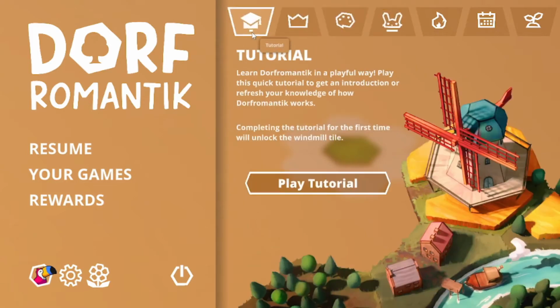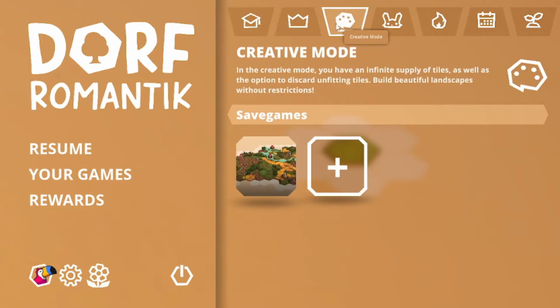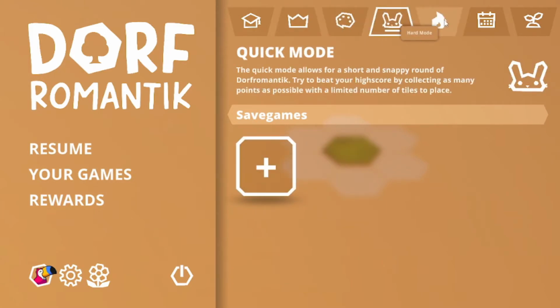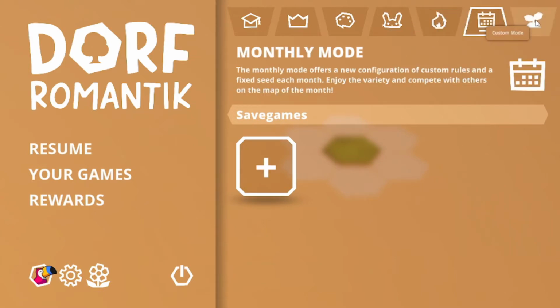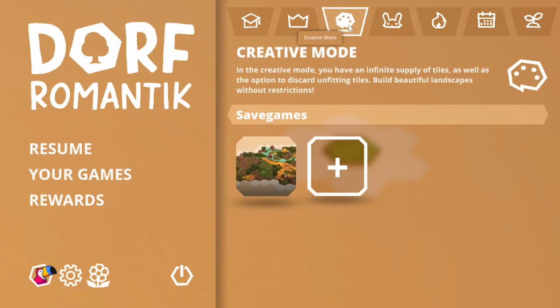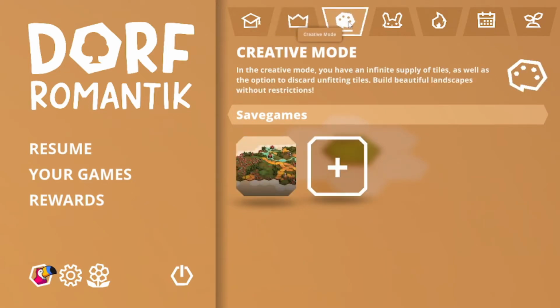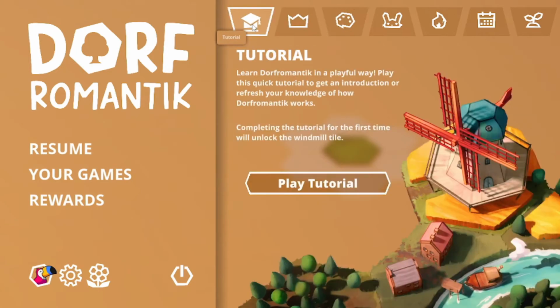Couple of different modes. So you have the tutorial, we'll do the tutorial, classic mode, creative mode, quick mode, hard, monthly, and custom. I really think I'm going to be spending a lot of time in creative. I may do a little bit of classic mode. The difference between the two is you have to play in a way where you continue to get tiles, whereas in creative, you have an infinite supply of tiles. And to explain what we're talking about,